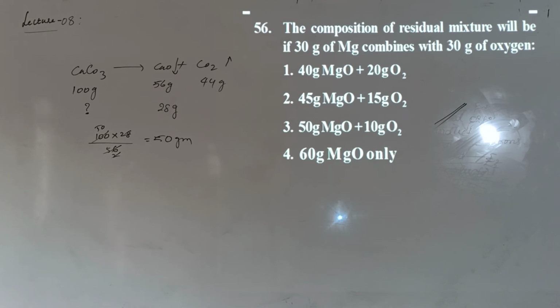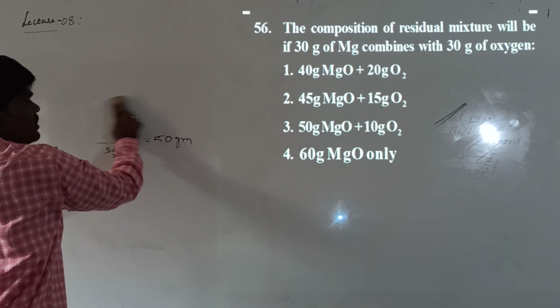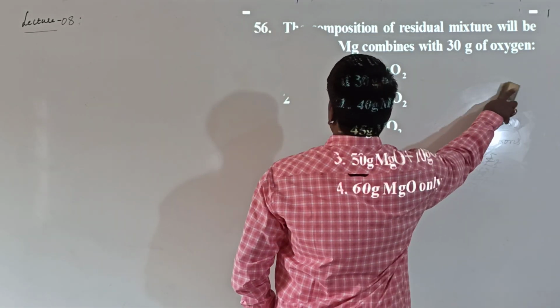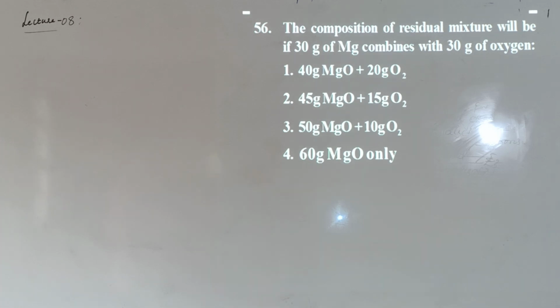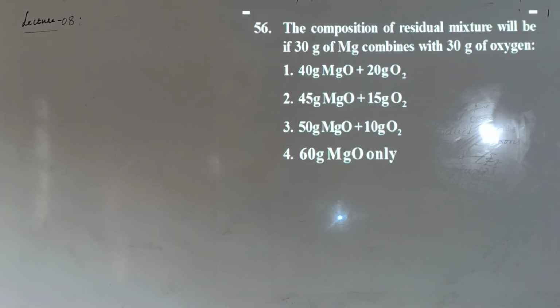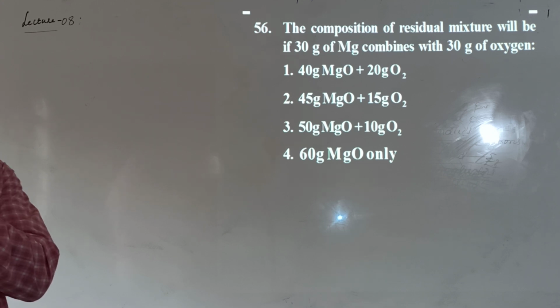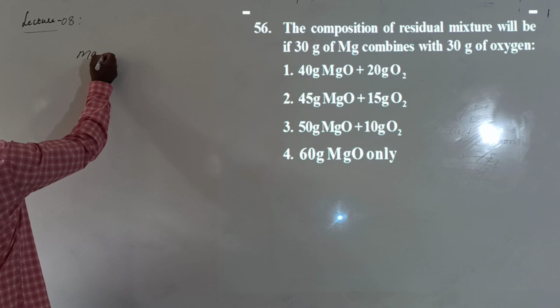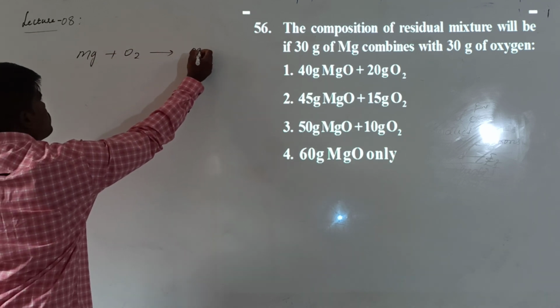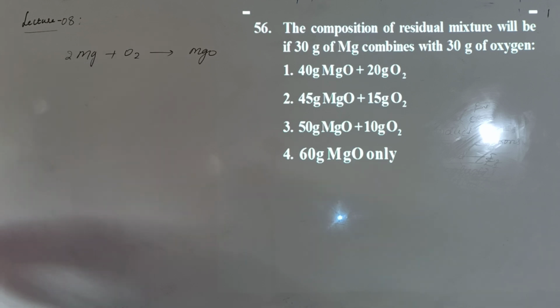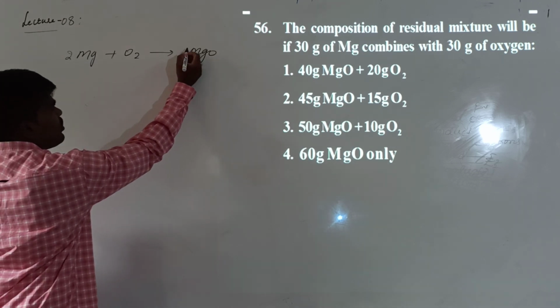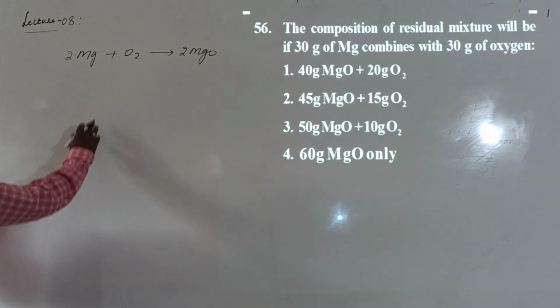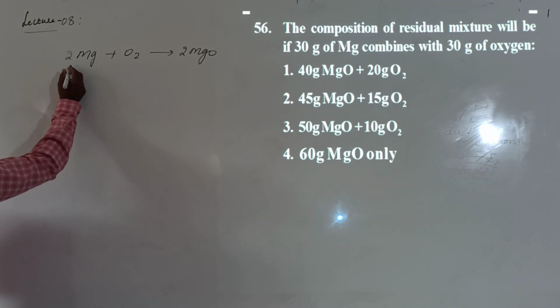Now he is asking the composition of the residual mixture. Read the question. The composition of the residual mixture when 30 grams of magnesium combines with 30 grams of oxygen. He is asking the composition of the mixture obtained by reaction of 30 grams of magnesium with 30 grams of oxygen. First of all, let us try to write the reaction between magnesium and oxygen. Basically, 2 moles of magnesium will combine with 1 mole of oxygen to give 2 moles of magnesium oxide. In terms of mass, that is 2 into